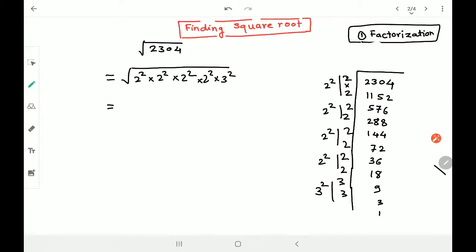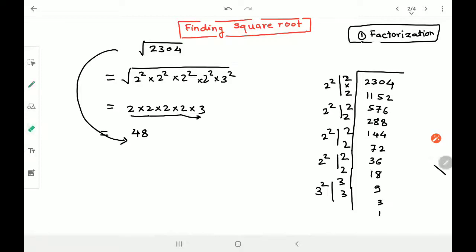You will realize why I am writing in the form of a square in a short time. Now you know that a square and square root are exactly opposite of each other. So they cancel each other. That means it nullifies. So the square and square root are getting cancelled from all the numbers, right? So I have only 2 into 2 into 2 into 2 into 3 left. So 2 to the 4, 4 to the 8, 8 to the 16, 16 into 3, 48. And that's the square root of 2304. Clear? It's a very simple process of finding the square root.